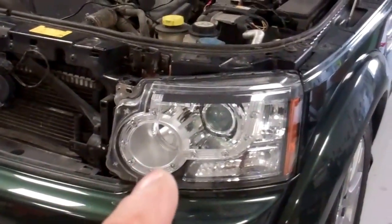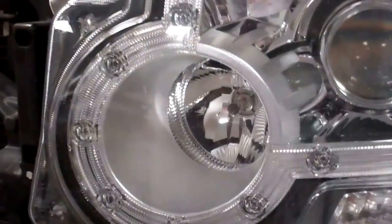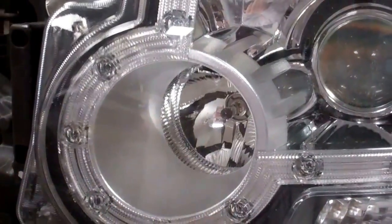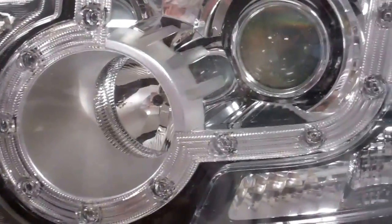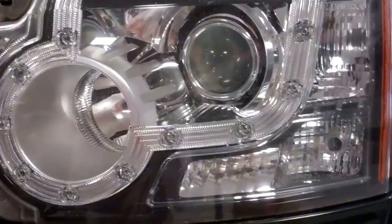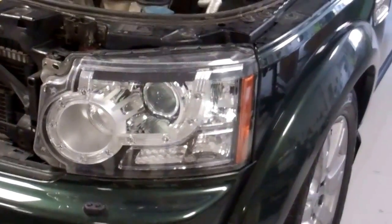And we'll discuss these little bits here, getting these to light up. We haven't got all the answers yet, but we'll just share what we found. We'll also have a look at the little switch that's supposed to change it from left hand drive to right hand drive beam pattern, and also have a look at changing your bulbs in these headlights. So it'll be a bit of a random video, this one. Right, so